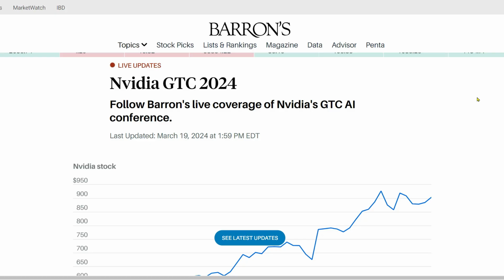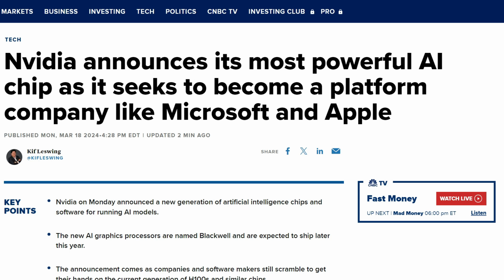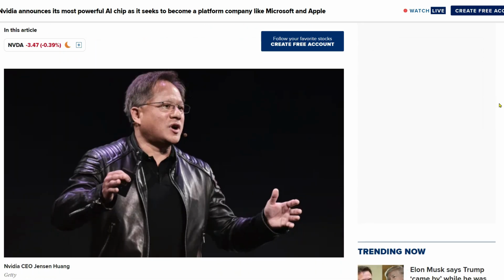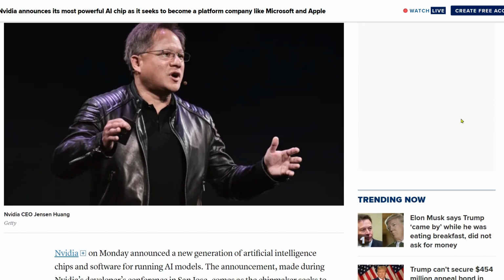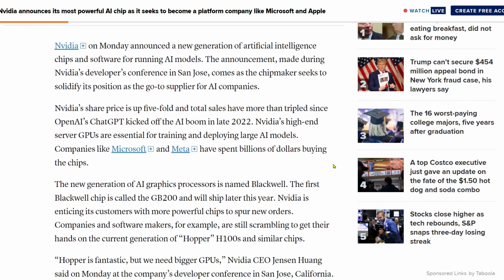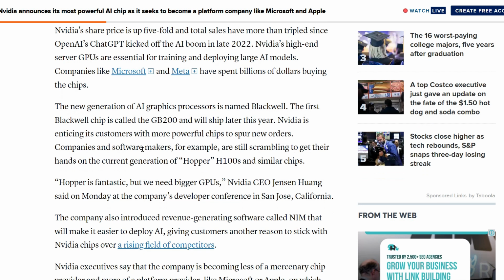And so we had a bit of a key event this week, Nvidia's AI conference, in which they announced their latest AI chip and platform for developers to build upon called Blackwell. They don't want to be just the picks and shovels of the AI boom. They want to become a platform company like Microsoft and Apple. They want to get closer to the consumer, and they're building things like chatbots as well to run natively on the computer. And so we should expect a slew of new products and services to come out of Nvidia over coming weeks and months, which should help to keep the market excited on the back of the new Blackwell chip